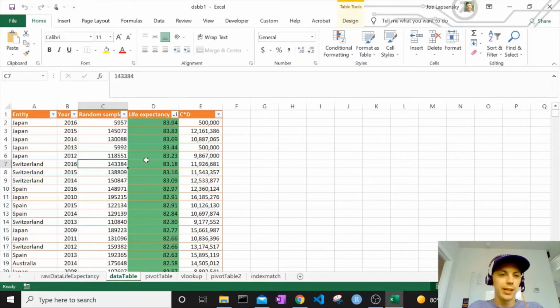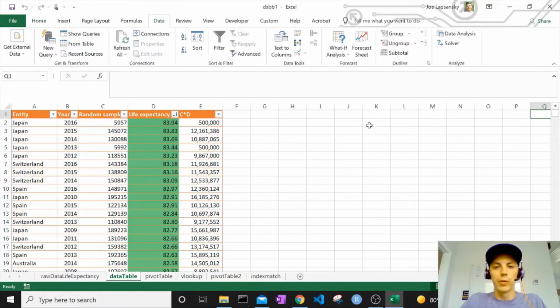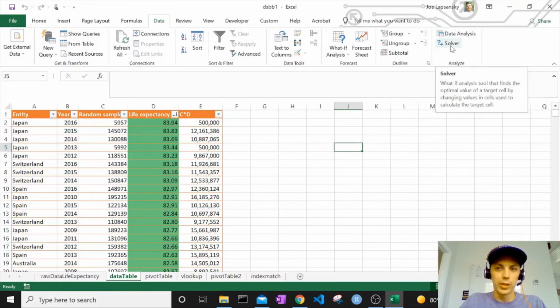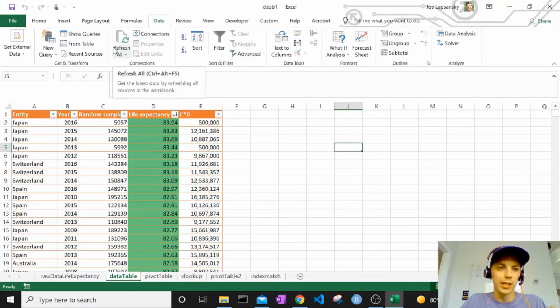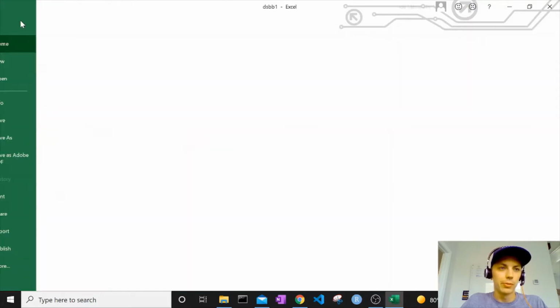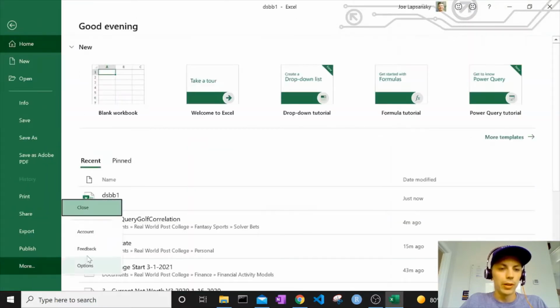navigate to the data table, this tab right here. Today we're going to look at the data analysis toolpak, specifically correlation. You'll see it here on the data ribbon under analyze, and if you don't see it, that's okay. Just like the last video, go to file, more, options,